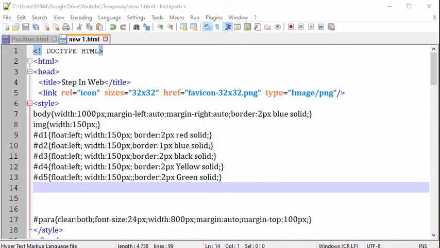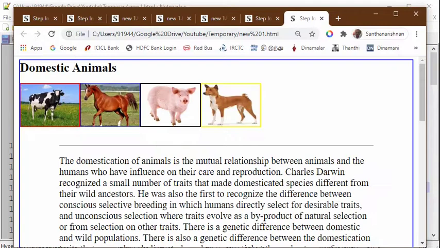It will be float left and the width will be 150 px and the border will be different colors. Here you see the images are all left aligned and showing inline.